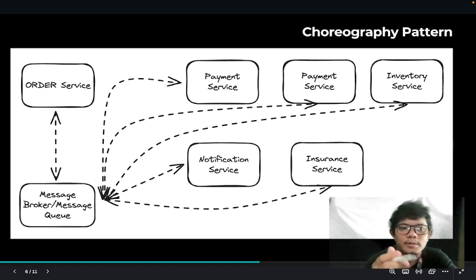We've got our main services running the order process smoothly, but now imagine we want to up our game by adding a notification service so the customer actually knows what's going on, and an insurance service just in case anything goes sideways. So in a scalable setup, these new services can join the process without waiting on one central boss to tell them what to do. They are free to jump in, take the right cues from each other, and get to work without causing gridlock.